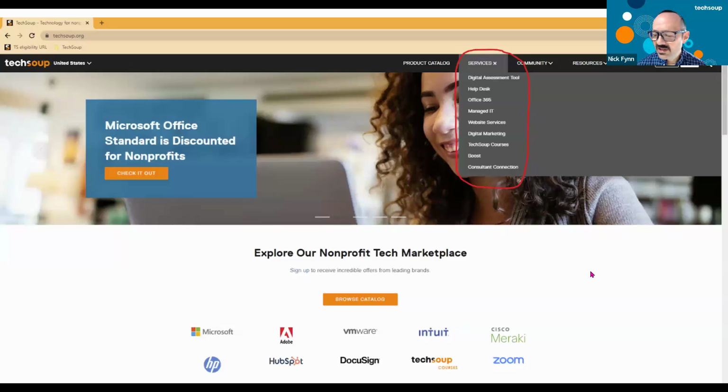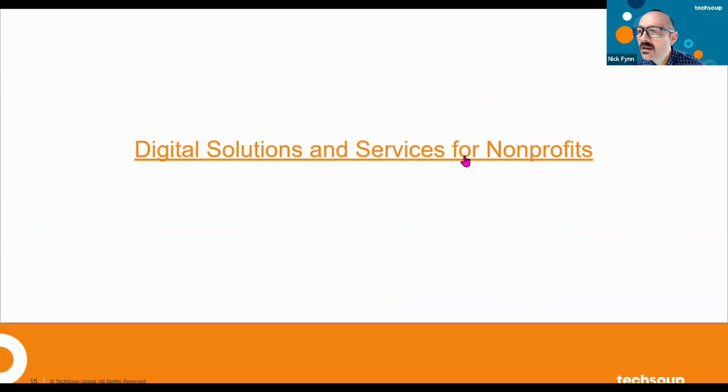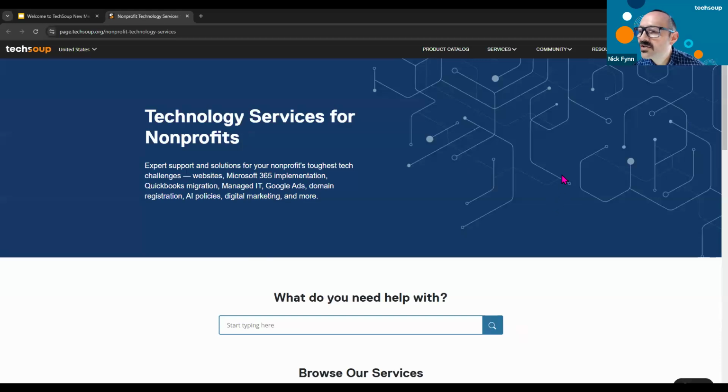So I'm going to touch on some of these, and I will say in January, you'll see in this presentation today, I'm giving you some screenshots from the website. In January, we will be making some updates to the navigation. So if you come back in January, you'll probably see a cleaner, more intuitive experience, but it won't look exactly like this. In any case, to go through some of these service options, I want to highlight a few. We're going to go to the live site here and go straight into this services drop down right here. When I click on that,